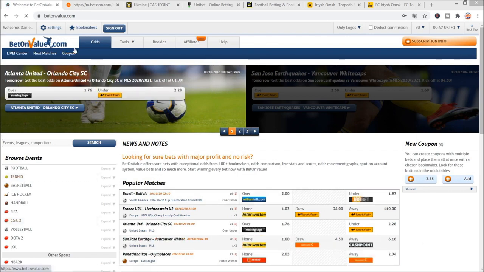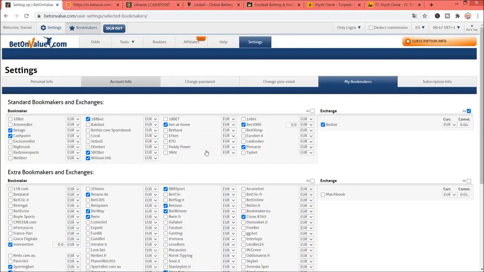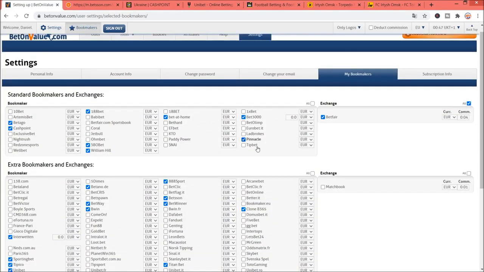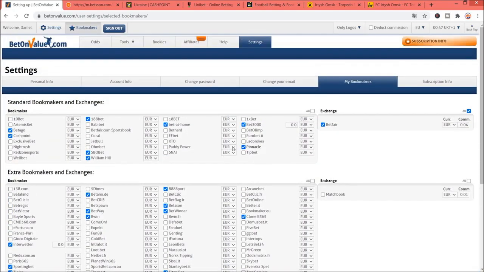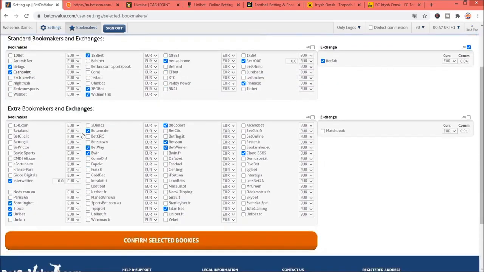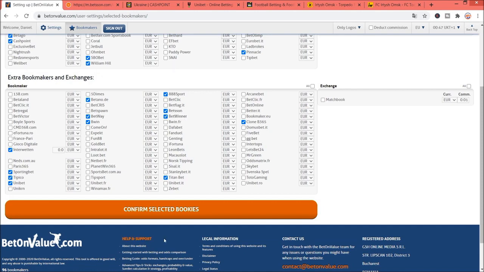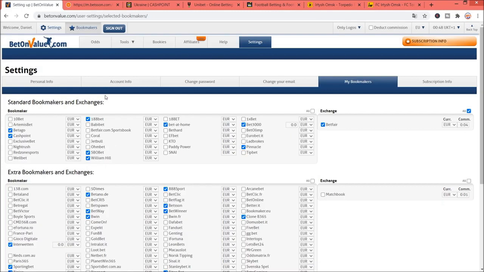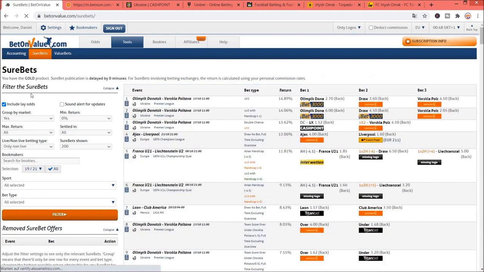In the next step, we can choose some bookmakers if we want. I have chosen this kind of bookmakers, which you can see here. After you have chosen all your bookmakers, you click here on confirm selected bookies, and then you go here on tools. The first point I want to show you is the chapter sure bets. If we click here on sure bets, you can see here on the left side